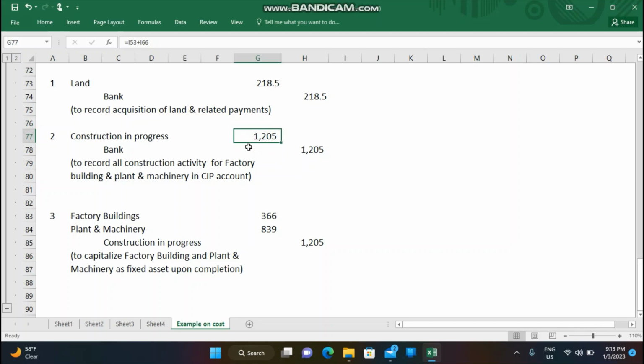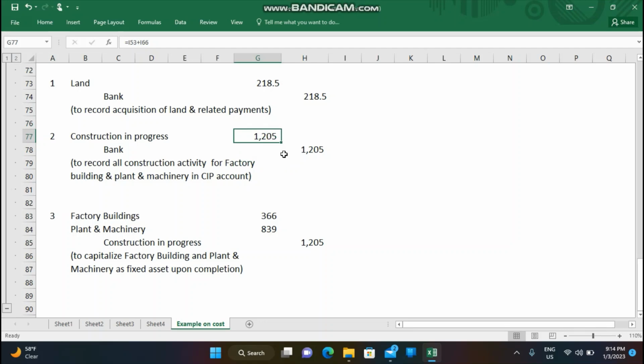ठीक है, फिर जब ये पूरी एक्टिविटी कंप्लीट हो जाती है, और जैसे कि आपने देखा कि यहाँ पे टेस्ट रन हुआ, फिर टेस्ट रन प्रोडक्शन भी हो गई, और फिर आप सेटिस्फाई हो गए कि ये अब प्लांट कंप्लीट हो गया, ये फैक्ट्री बिल्डिंग और मशीनरी जो भी इंस्टॉलेशन होनी थी ये सब कंप्लीट हो गई, एंड इट इज़ रेडी फॉर प्रोडक्शन, लाइव प्रोडक्शन, एंड इट इज़ रेडी फॉर द कैपिटलाइजेशन। तो फिर उस वक्त हम एक एंट्री करते हैं, इस कंस्ट्रक्शन इन प्रोग्रेस अकाउंट को हम क्रेडिट करते हैं, और जो रिस्पेक्टिव फिक्स एसेट्स के अकाउंट्स हैं, यानी कि फैक्ट्री बिल्डिंग और प्लांट एंड मशीनरी, उनको हम डेबिट कर देते हैं। तो जिस डेट पे हम ये एंट्री करते हैं उस डेट पे ये कैपिटलाइज हो गए।